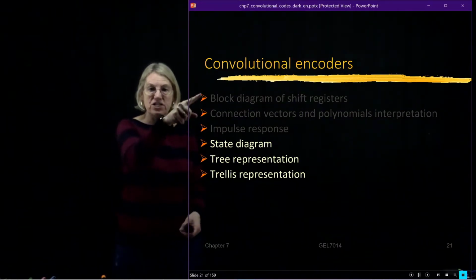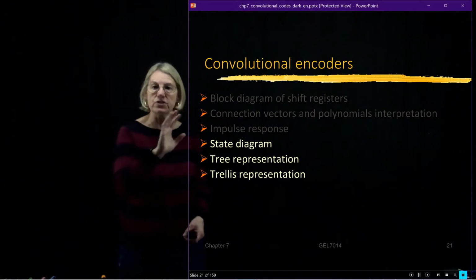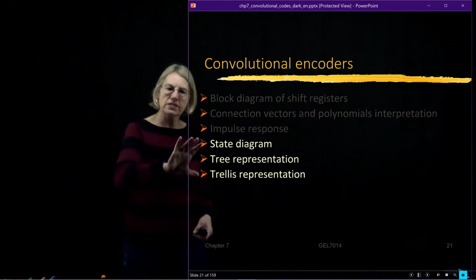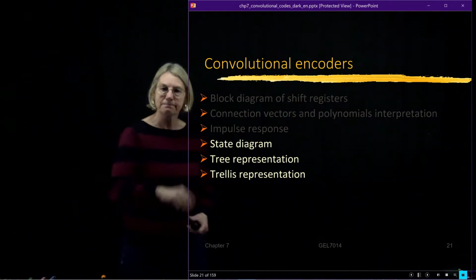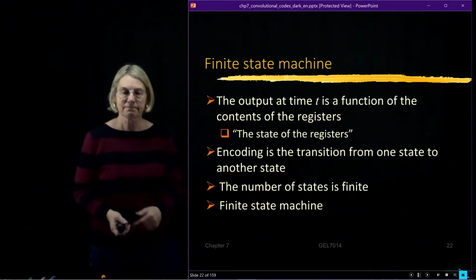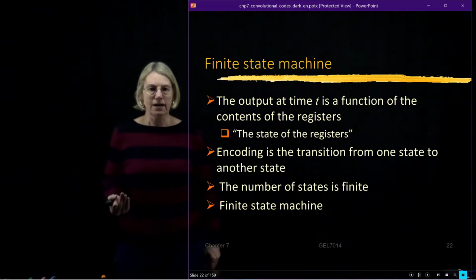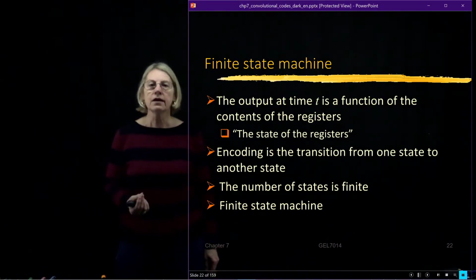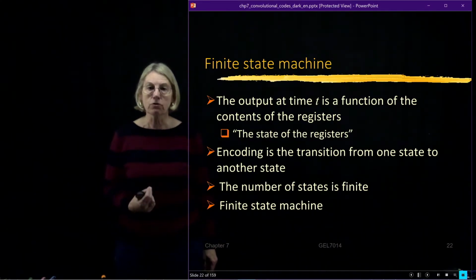The implementation of an encoder is simple. It's this shift register, very, very simple, very cost effective. Now, for the decoder, things get much, much trickier. So the first concept that's very important to understand about convolutional encoding is the interpretation of the encoder as a